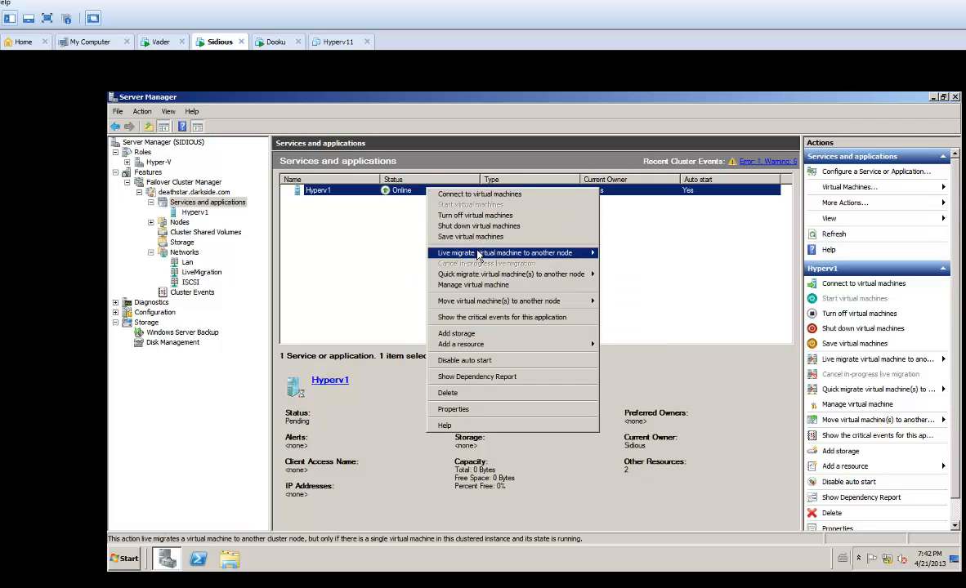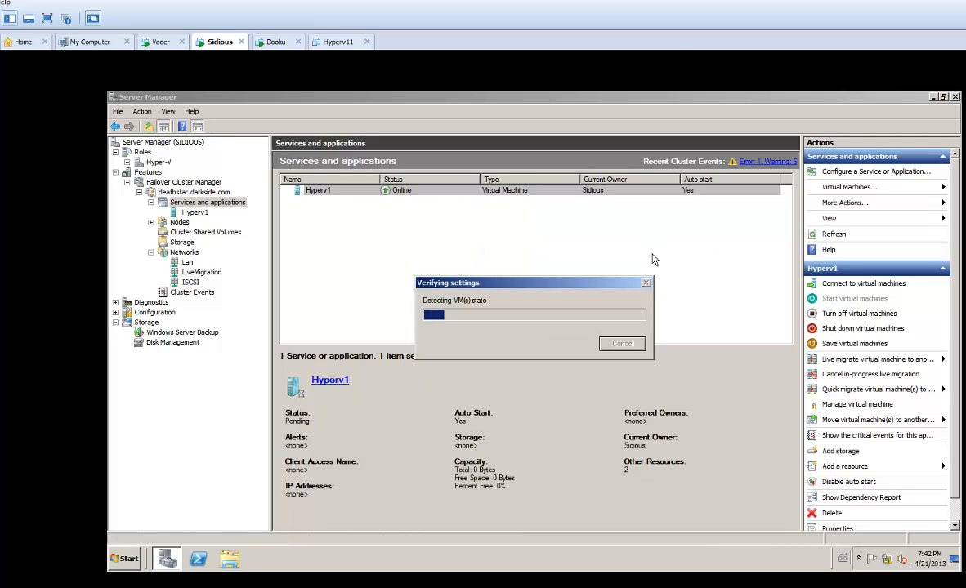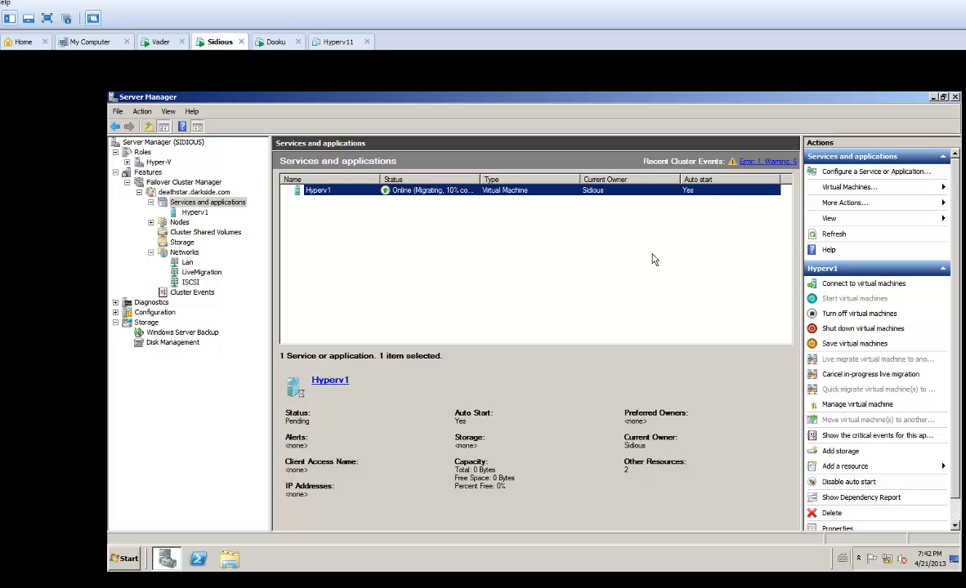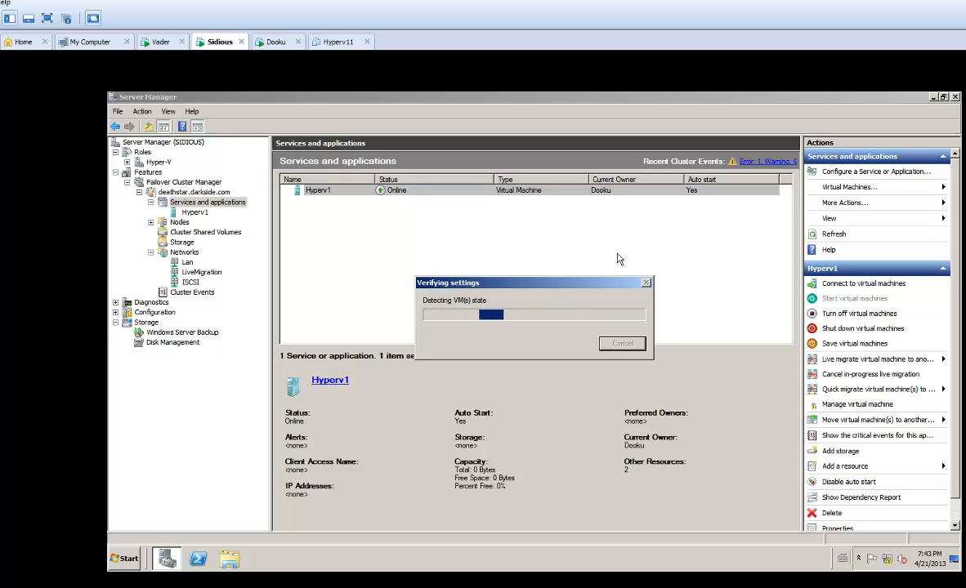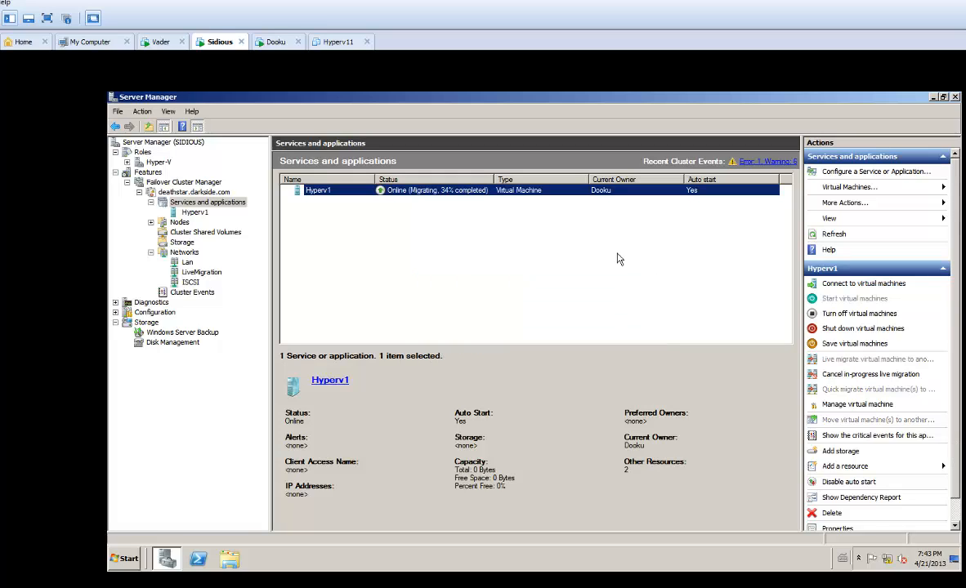Nice. And just do the live migration to the other node. It's transferring from Sidious to Doku. You can see the percent complete and current owner. Go to the Doku and online. Okay, I will live migrate again to Sidious. Done. Online on Sidious. I can see in here,